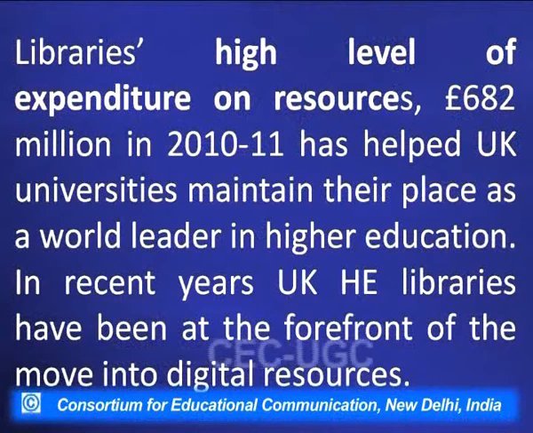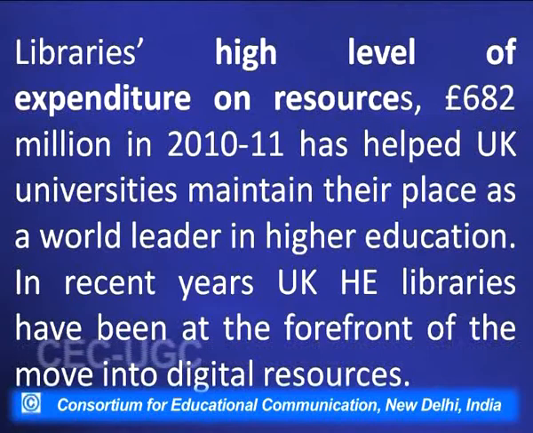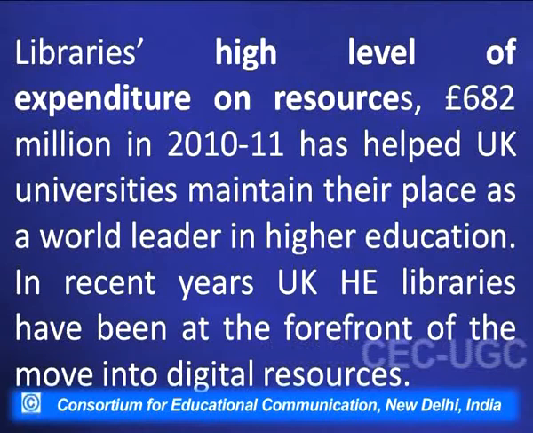See, libraries' high level of expenditure on resources, like in 2010-11 in UK, they spend around £682 million, to maintain their place as a world leader in higher education. But they say that it's due to this. See, the information library resources are very costly because they are produced with a lot of expert input at every stage. So that is why journals and electronic resources are very costly. So this library's high level of expenditure on resources helped universities to maintain their place as a world leader